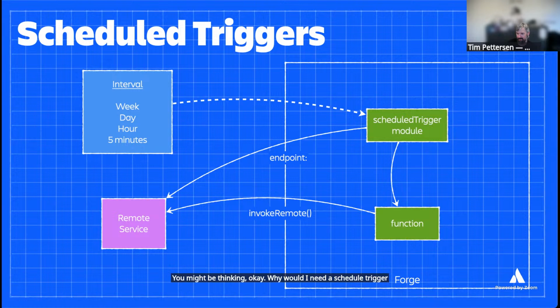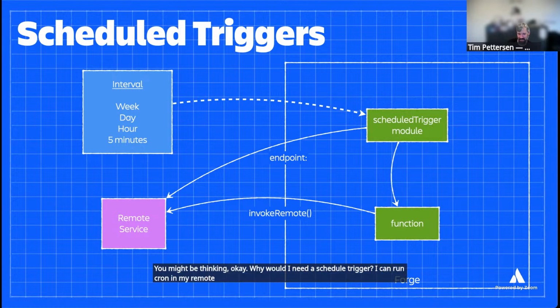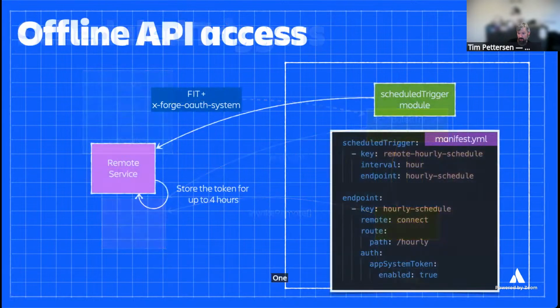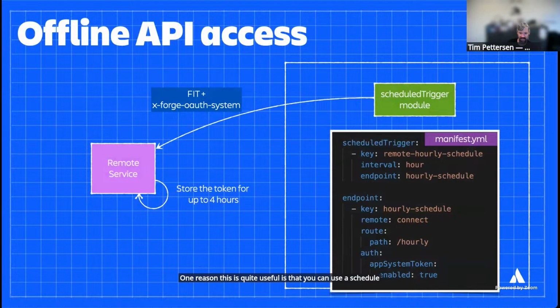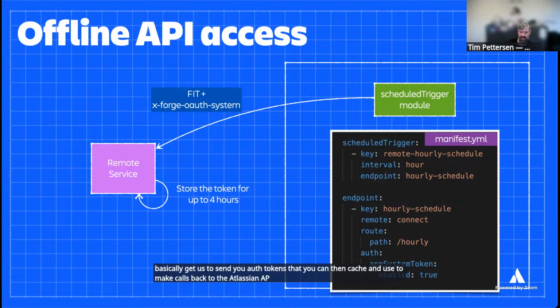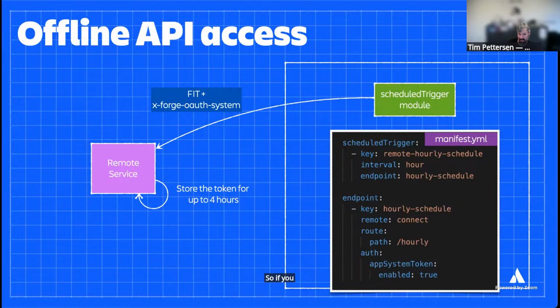I can run cron in my remote service. I don't need Atlassian to call me once an hour. I can do that myself. One reason this is quite useful is that you can use a schedule trigger to basically get us to send you auth tokens that you can then cache and use to make calls back to the Atlassian APIs at any time. So if you in your schedule endpoint specify an auth section with either a system token or a user